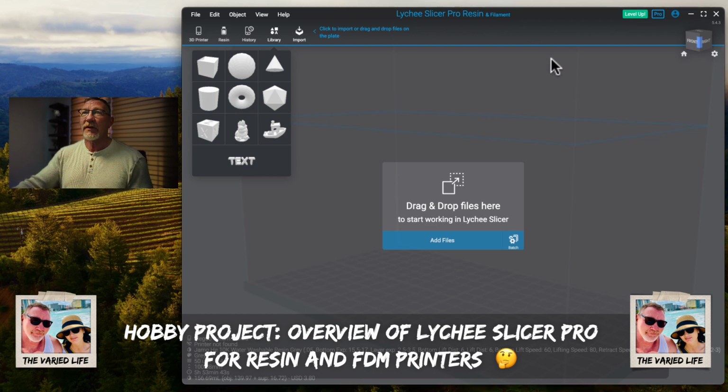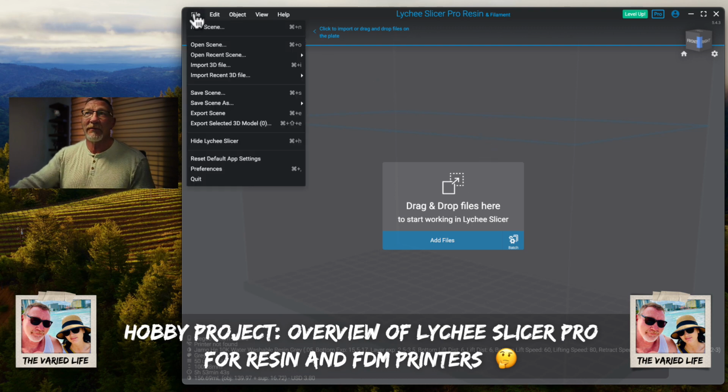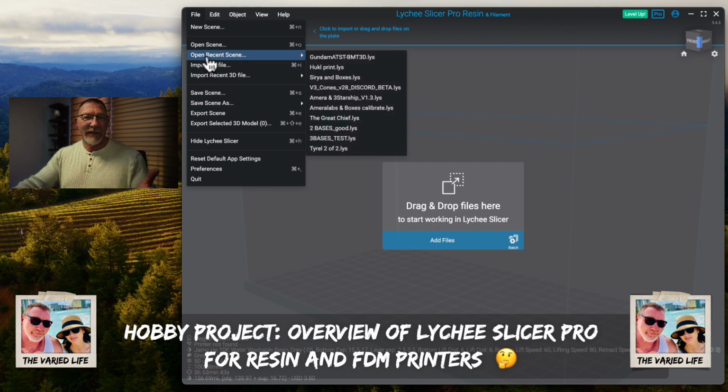And what we end up seeing here is our screen, and we got some interesting information just on the general layout. In the top left-hand corner, you have File. You can open up scenes or import 3D files or the STL files, stereolithographic something or other. I don't forget what it means, but it's the file that you're going to use that's going to get imported into this program so that you can make adjustments, add support, scale it up and down, move it on the build plate, print multiple items, eventually slice it, or the program will, and then you can transfer that sliced file onto a USB, or sometimes you can transfer it wirelessly to your printer